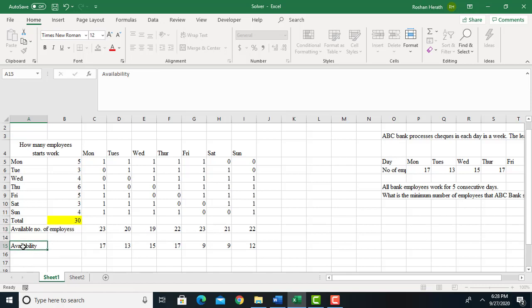And here I would say the minimum number of, or the required number of employees. This is what it is: required number of employees. So therefore you need to ensure that the availability should always be greater than or equal to the minimum requirement,